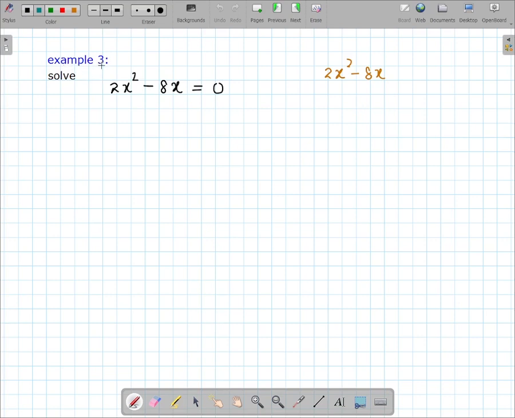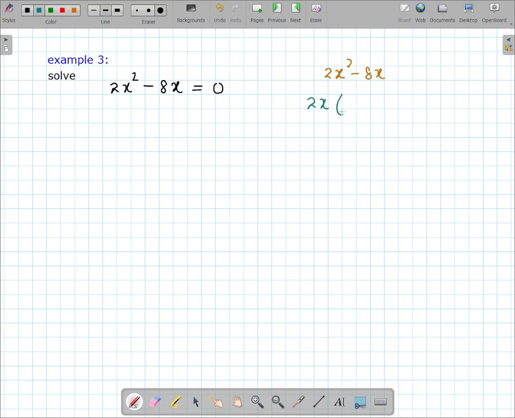Okay, example 3: solve 2x squared minus 8x equals 0. So here we have two terms. Then check whether we can factorize this one. So I write it here, 2x squared minus 8x. So 2 times 1, 2 times 4. 2 can be taken out. X squared, x. Then x also can be taken out. So altogether I can take